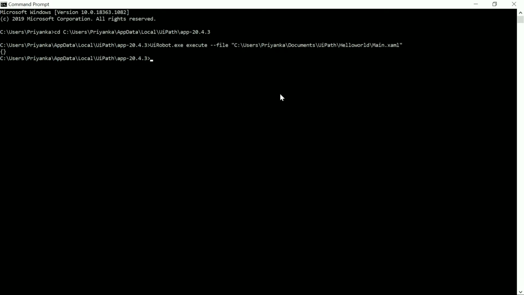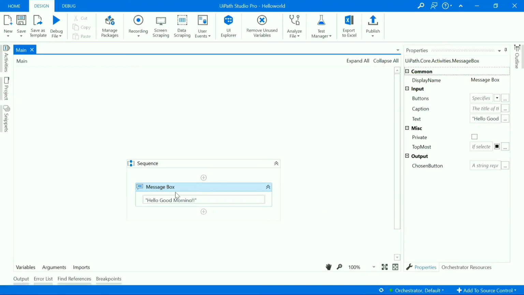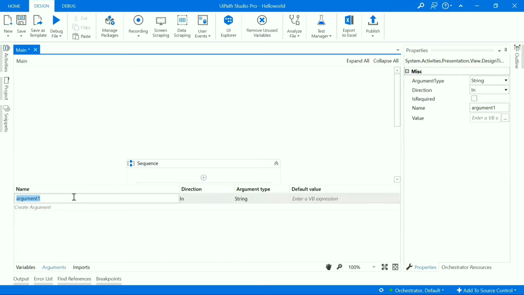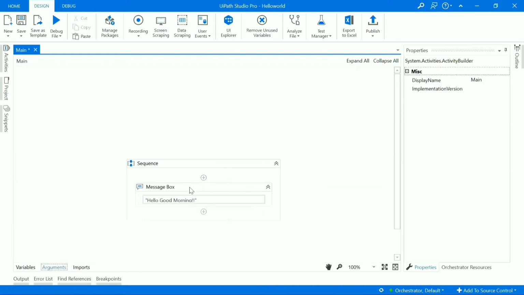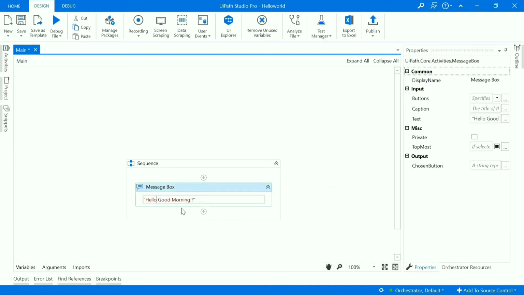Now what we have to do is provide an input argument to this process and trigger the same process. To do that, I'll go back to Studio and create an input argument here. Let's say name, and I'm going to pass this name here.